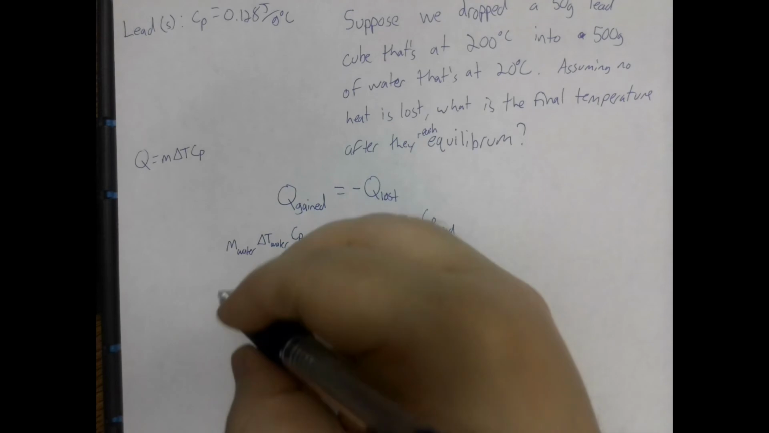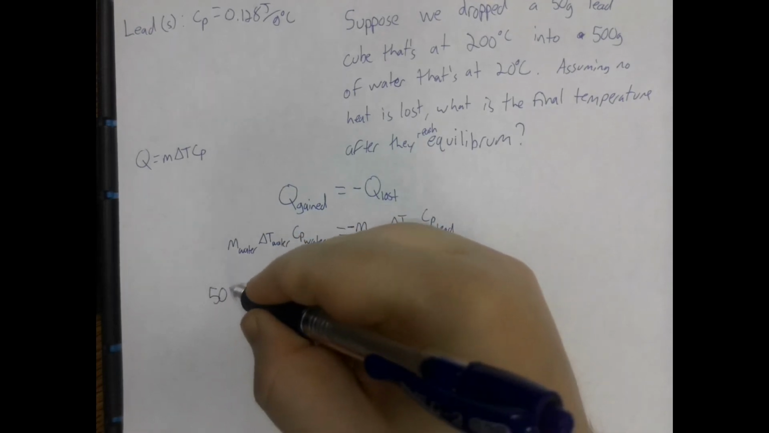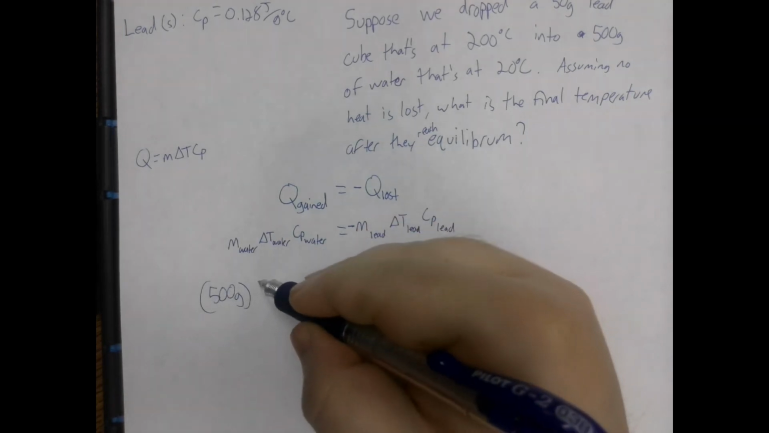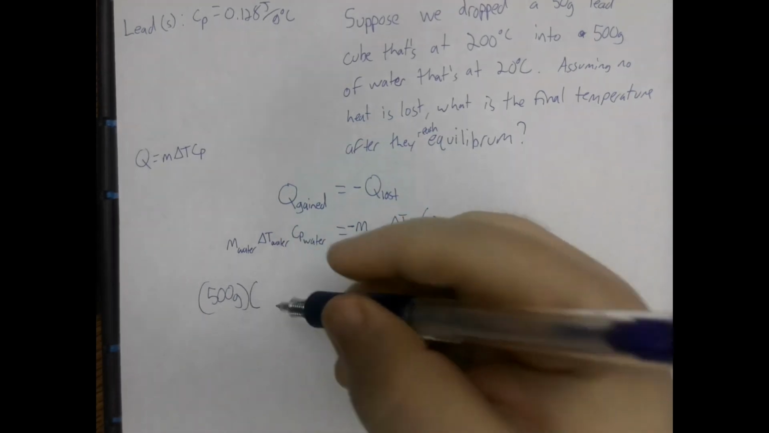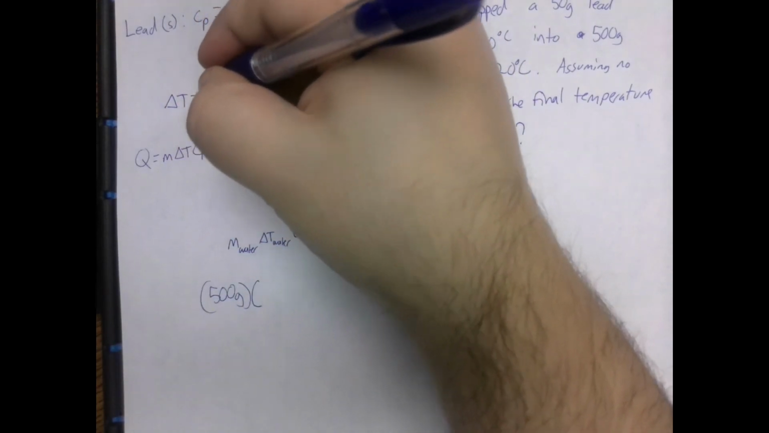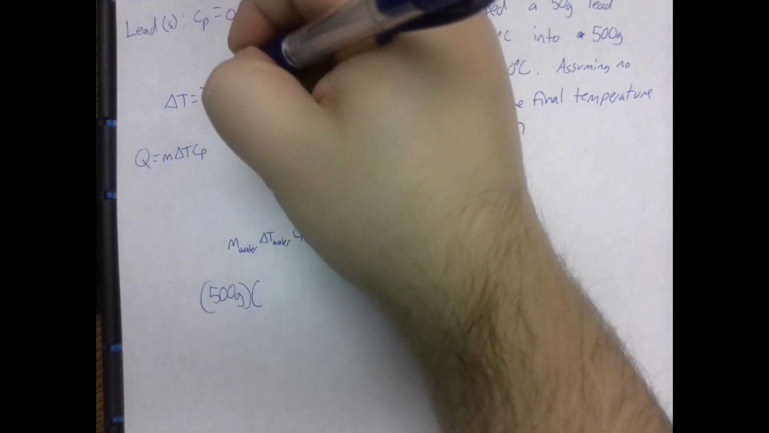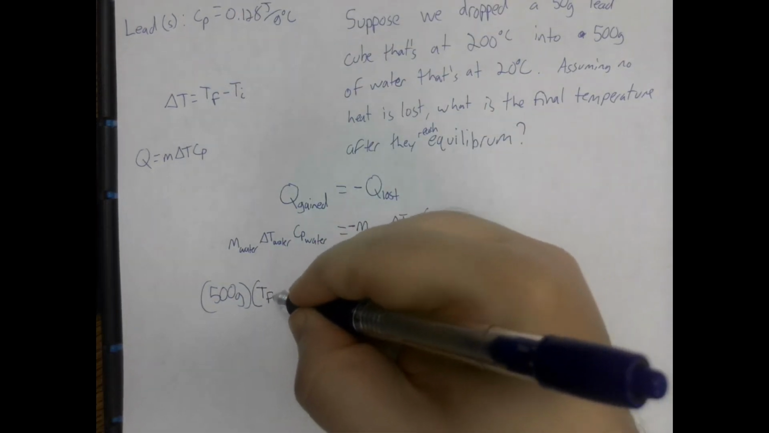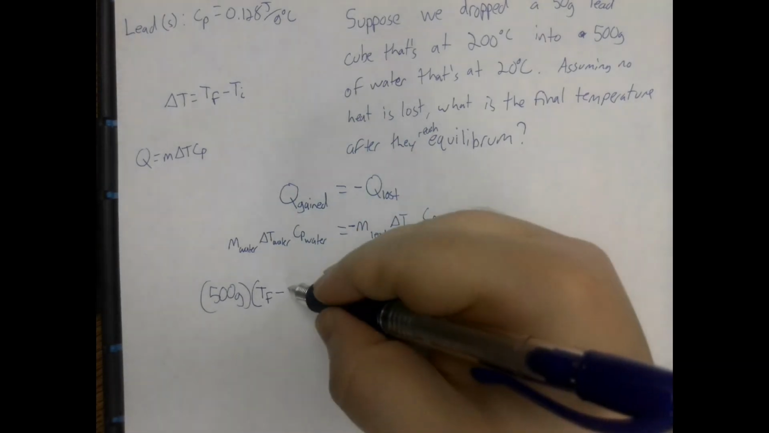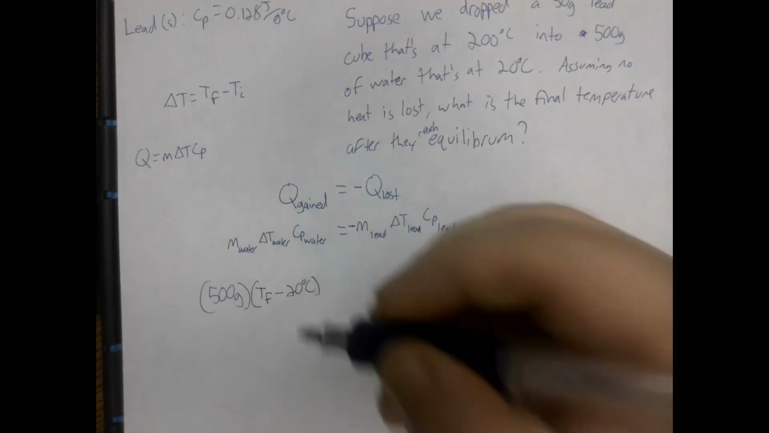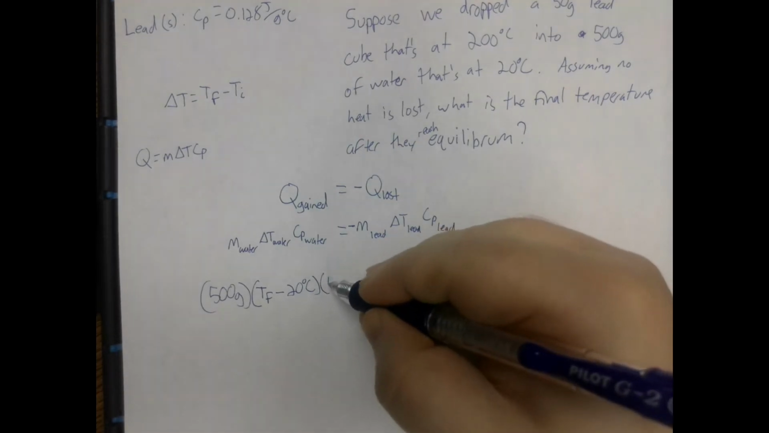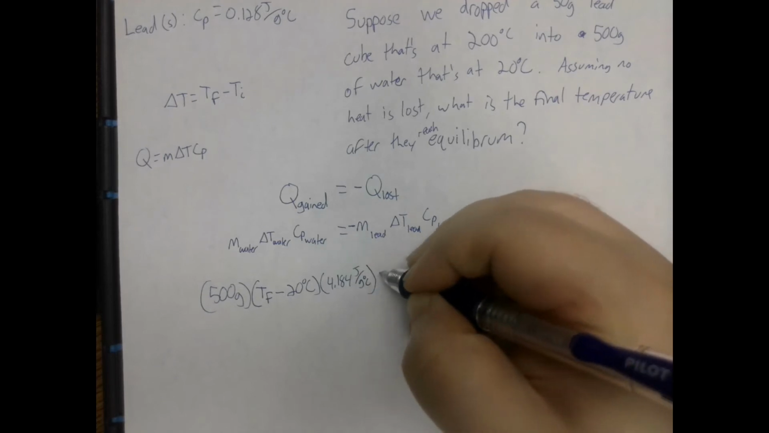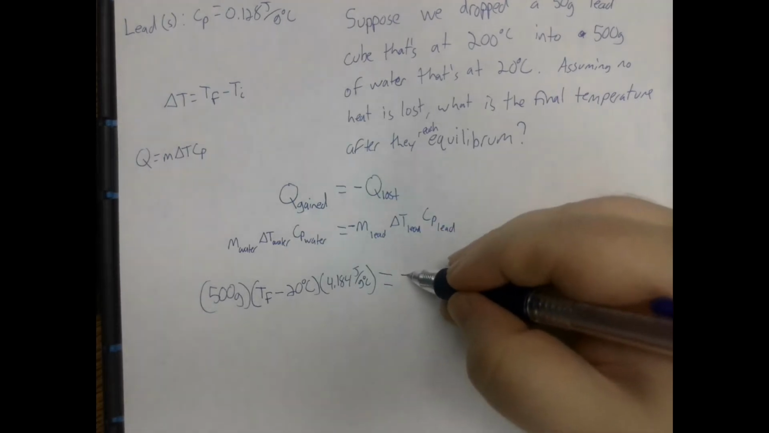So the mass of the water is 500 grams. I'm going to take delta T and expand it. So delta T is equal to final temperature minus initial temperature. So the final temperature I'm going to call TF, minus the initial temperature of water, 20 degrees Celsius, and the Cp of water is 4.184 joules per gram degree Celsius. And that will be equal to negative